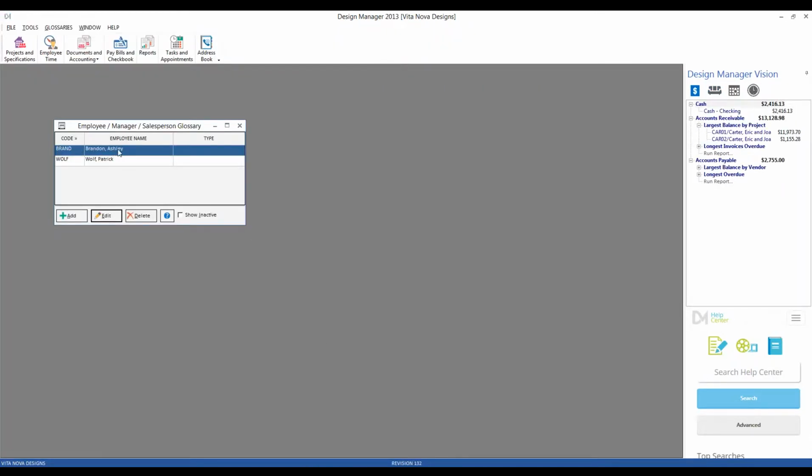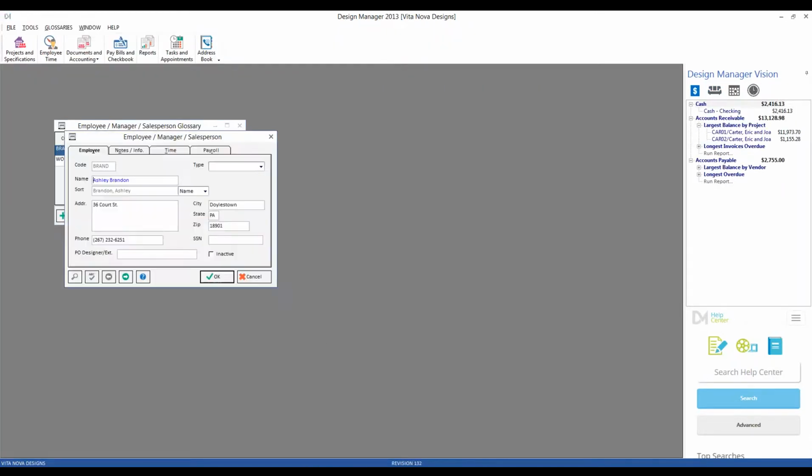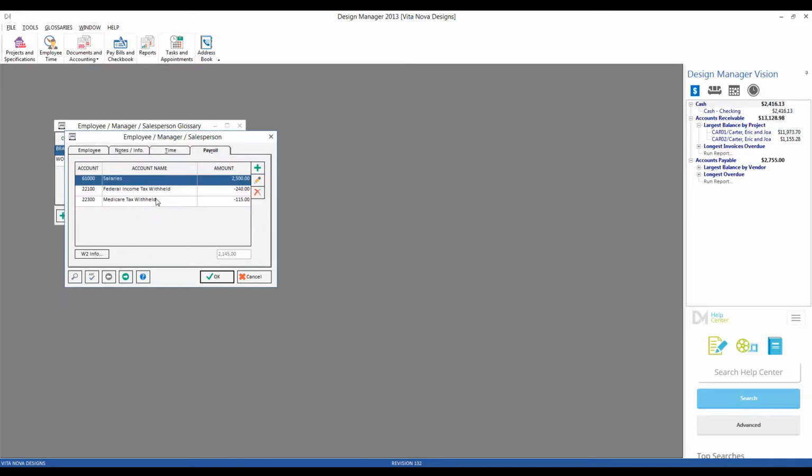Let's use Ashley Brandon as an example. If we edit her employee record, we can see there's a payroll tab. And by selecting it, we already see we have a series of accounts associated here. And this is very convenient as we can enter in the salary along with all of our withholding accounts. That's going to make our payroll